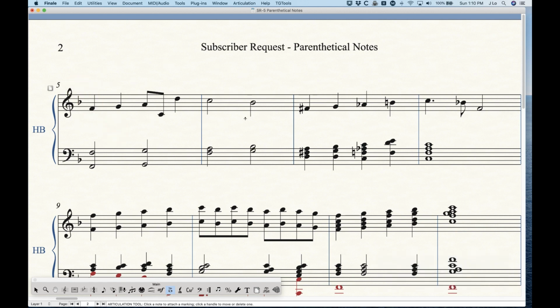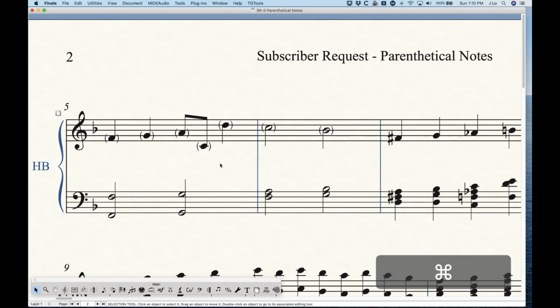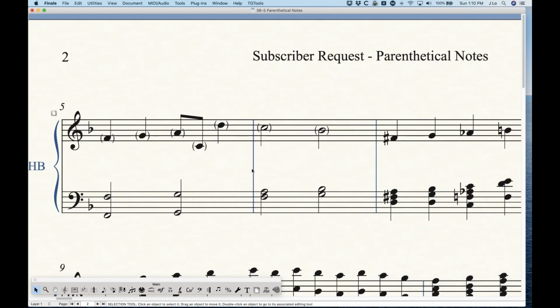In fact, I can do it all on these two bars all at once just by holding 9, drag selecting, holding 0, drag selecting, and you can see that fairly quickly I can put parentheses around every single note in that passage. Now, as I mentioned, the disadvantage of using articulations is that this really will only work when there's a single note, because if I try to do it on this octave here, it's going to choose the note that's away from the stem, or the note head side in this case, because articulations can really only have